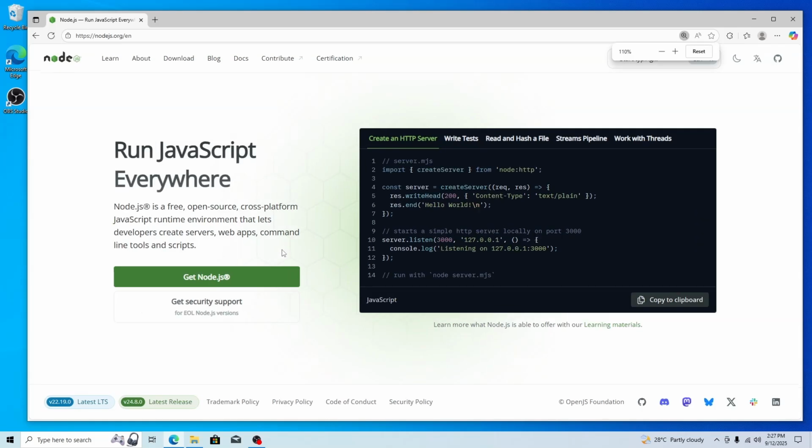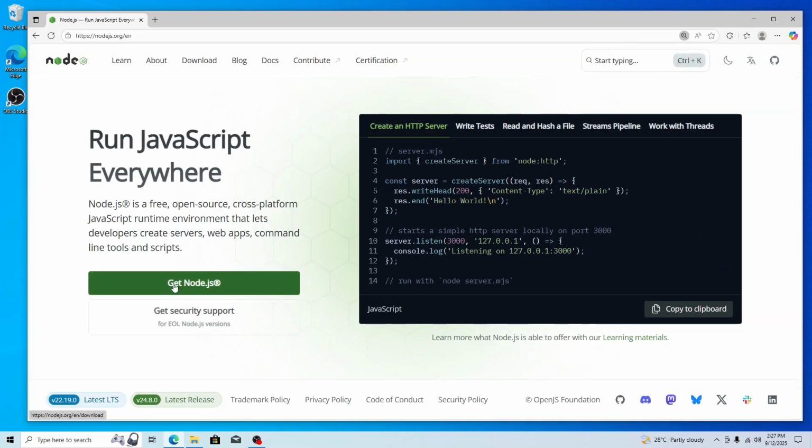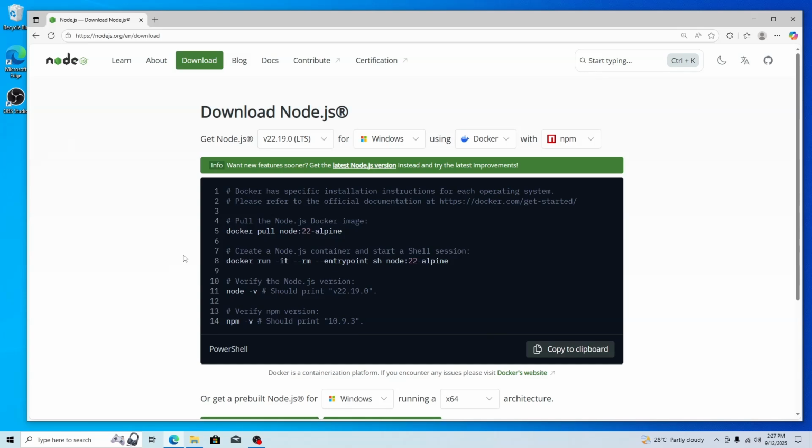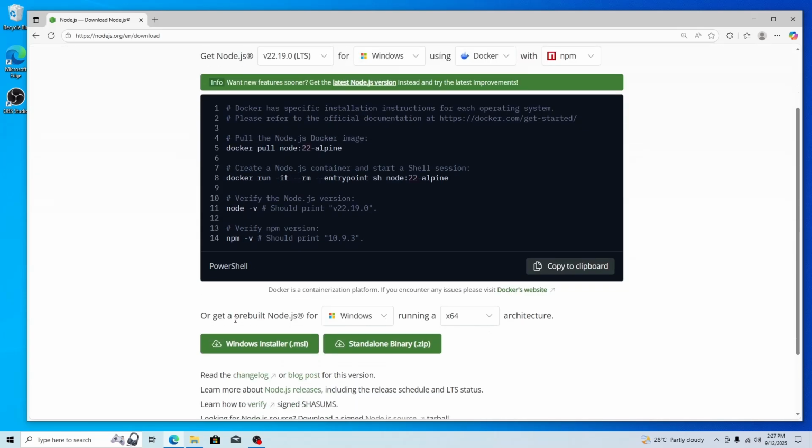And here we will be having this Get Node.js, select it, and there are multiple ways to download it. If you just scroll down, we'll be having Windows Installer .msi. Click it, and this will download the MSI file, just 30 MB in size. Once it is downloaded, open it,